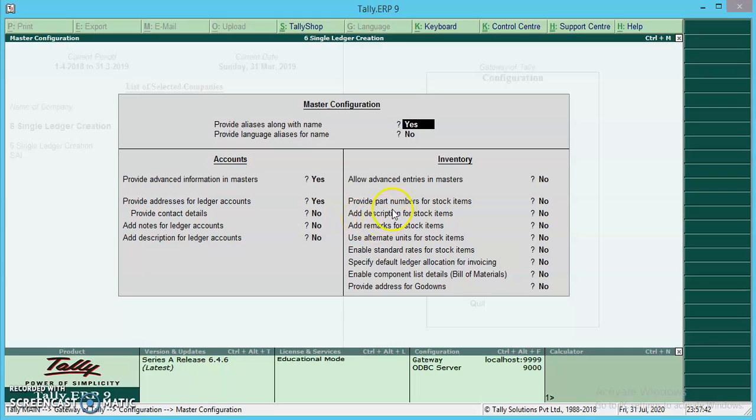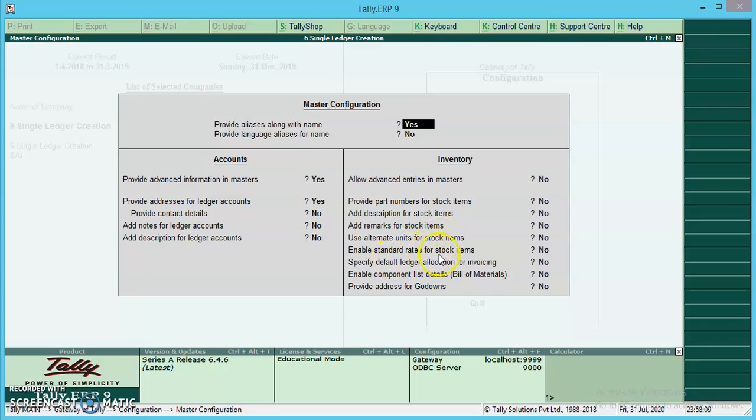Provide part numbers for stock items. You can enter the part number of the items being created for easy identification. Use description for stock items. Use remarks for stock items. Use alternate units for stock items.